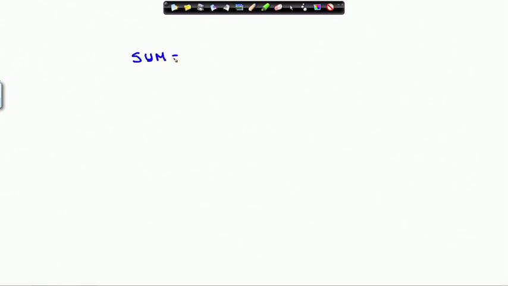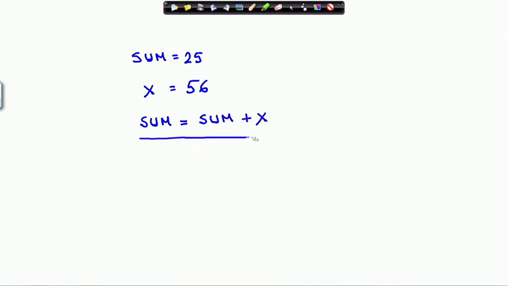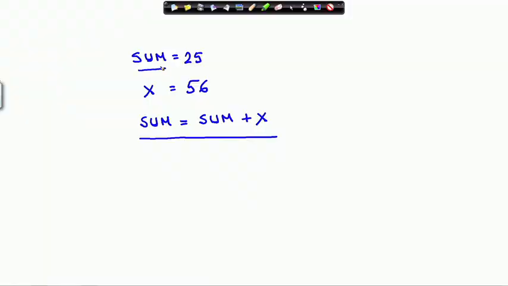Say in a program I have sum equals 25, x equals 56, and sum equals sum plus x, something of that sort. Here how many variables and how many values do you see? We find that sum is a variable and x is a variable, and these variables have been repeated here. And how many values do you see? 25 is a value, 56 is another value.